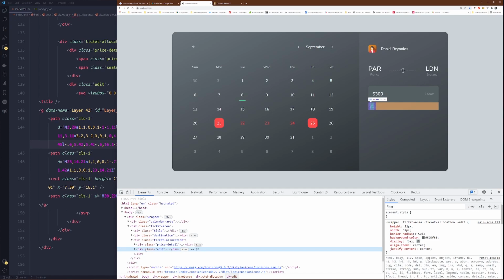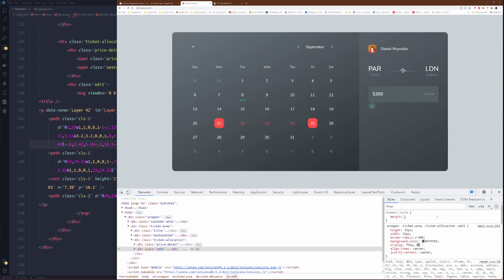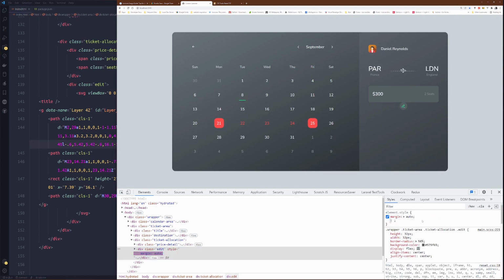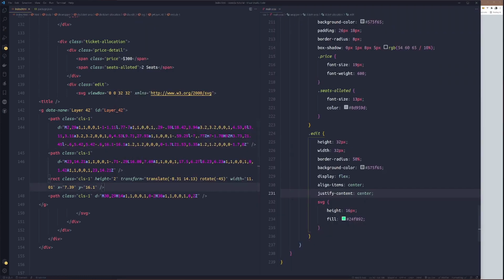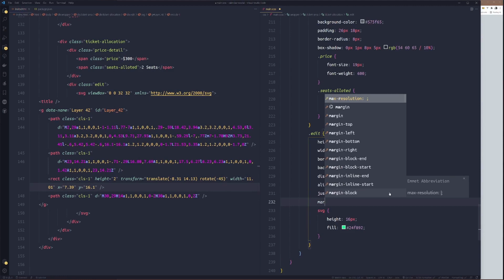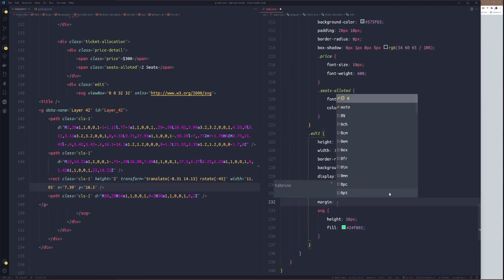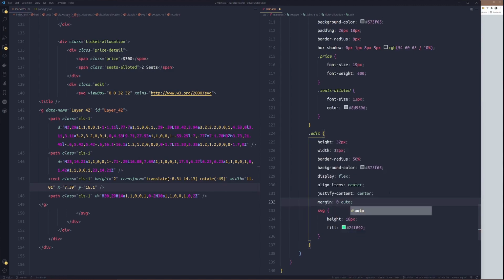Okay, if you set margin auto, it's supposed to work. All right, margin also works. So now margin 0 auto.